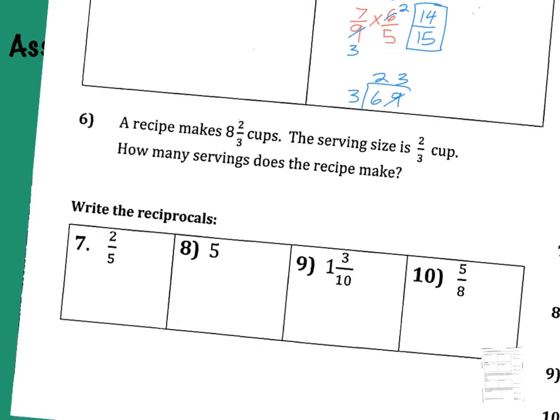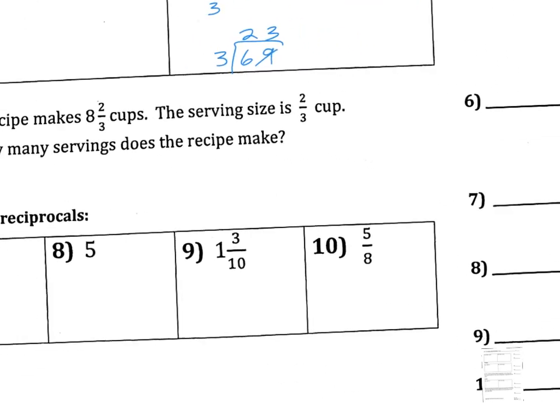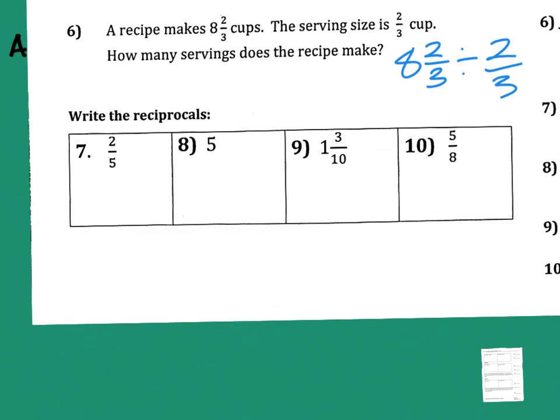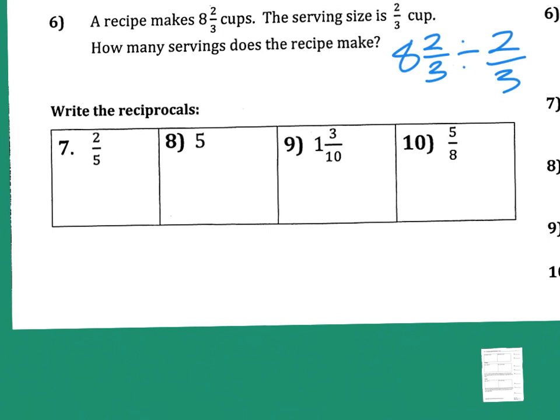All right. So number 6, the setup for that one, I'm going to help you out a little bit, is 8 2/3 divided by 2/3. So there's the setup. Remember to change the mixed number into an improper fraction. Keep it. Change the division to multiply, and then reciprocate or flip the 2/3 and turn it into 3/2. Okay. So now it wants us to write the reciprocals on this one. I am going to do,